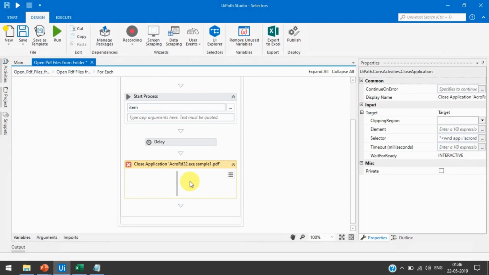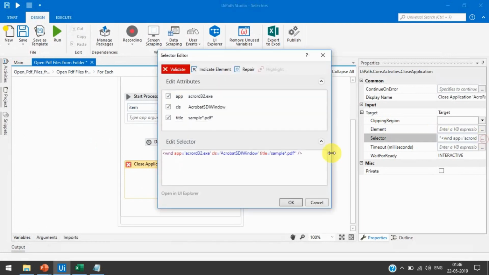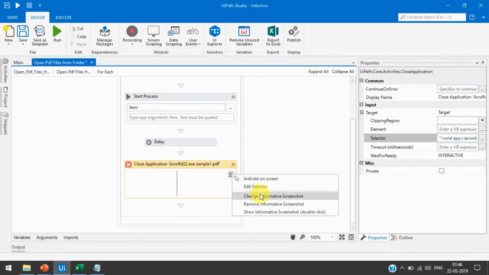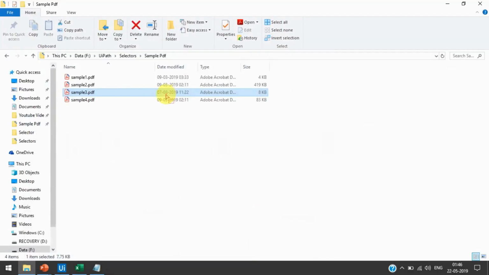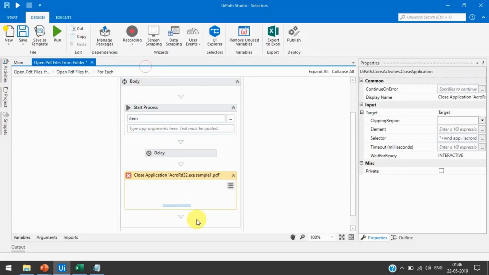Only the screenshot, there will be no changes to the selector. We have just changed the screenshot. Now if we want to remove the screenshot, we can click on that and remove it, right? The selector will be the same, only we have removed the screenshot. And then again we can click on that and choose the screenshot, right?